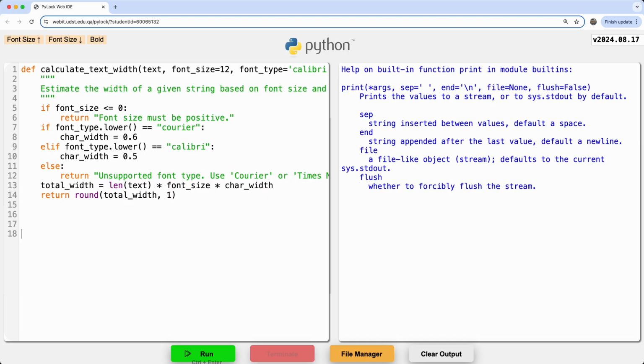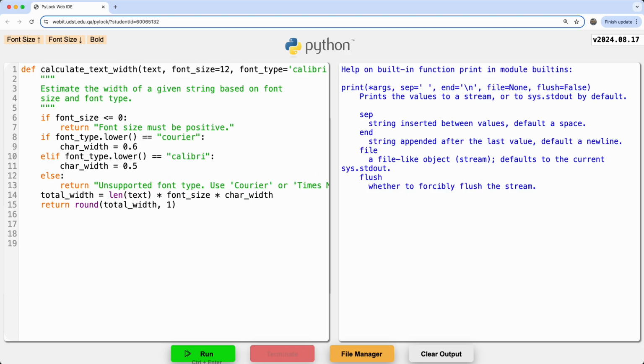What does a function do? Calculate that swing. I was really nice. I left it as a comment. It says it estimates the width of a given string based on the font size and type. Perfect. Really, I should have written a little bit more, but I had to cut it down because I was trying to fit it within the slide without making the font